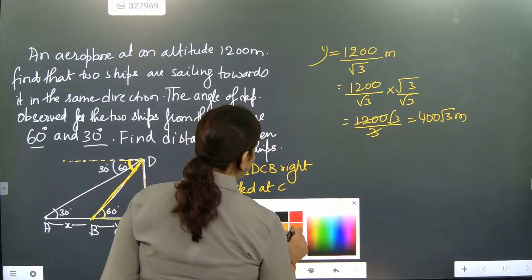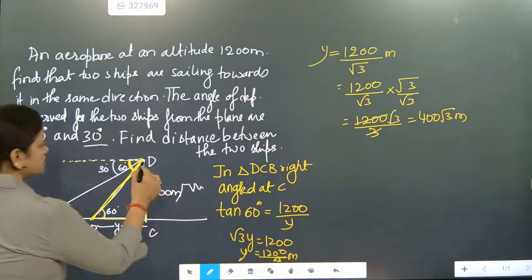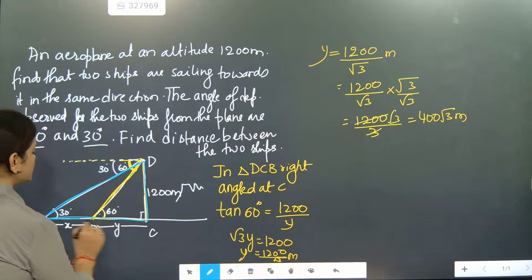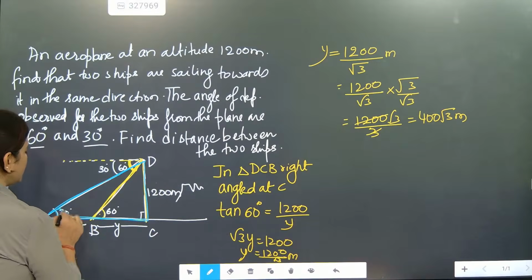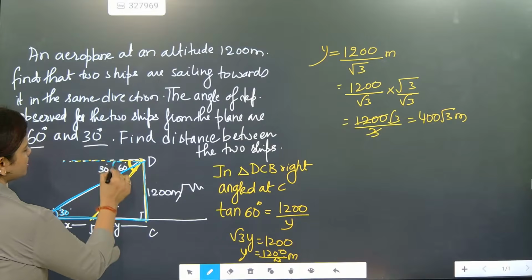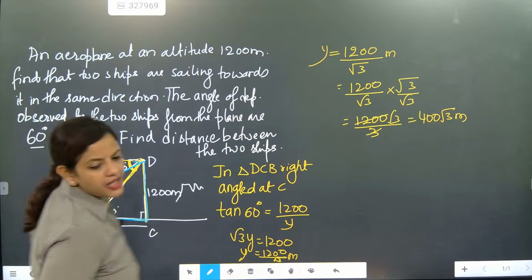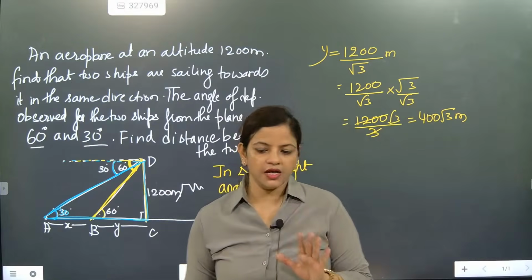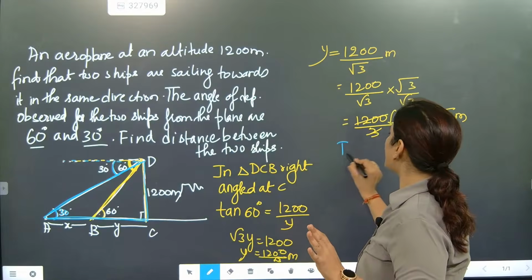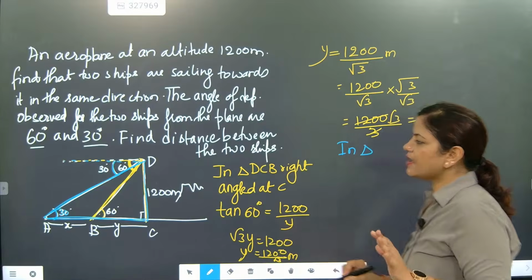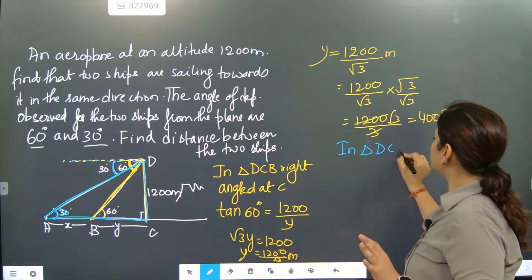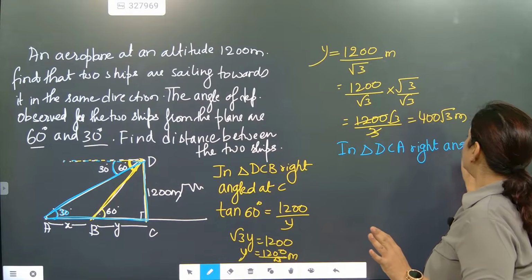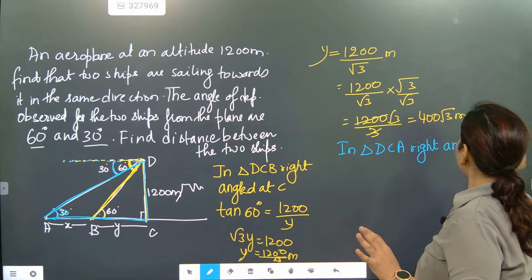When you are taking the total triangle, what is the total triangle? This is, say beta, the total triangle. When you are taking the total triangle, this is what degree making? 30 degree. And this is exactly what? This is opposite angle. So alternate interior angle. Alternate interior angle means how much degree it is making? 30 degree. So this time we will write in triangle DCA, right angled at C,